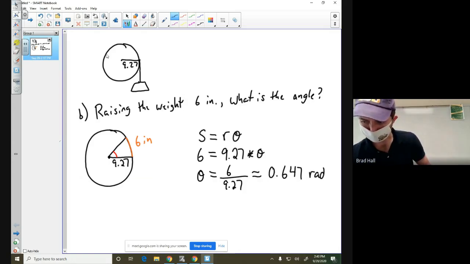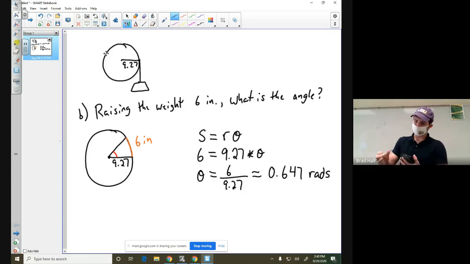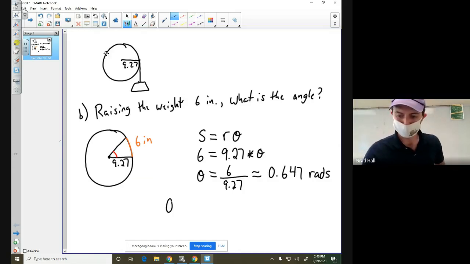So I'll put rads for radians. And so from here, the problem wanted to know what is the degree value in minutes. This is not a degree value. This is a radian value. So in order to convert to degrees,